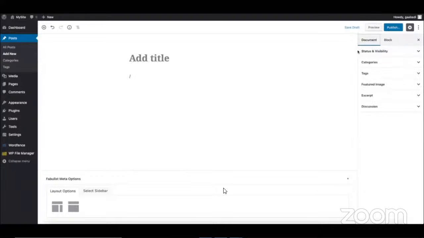Over here on document, you can edit the status and visibility of your page. You can edit the categories, what category you want them to be in. You can edit the tags if you want to add a new tag or just the tag that you have on your page. A featured image for your post, and this is not going to add an image to your post. It is a featured image, so it will appear on top of your post like a big image,